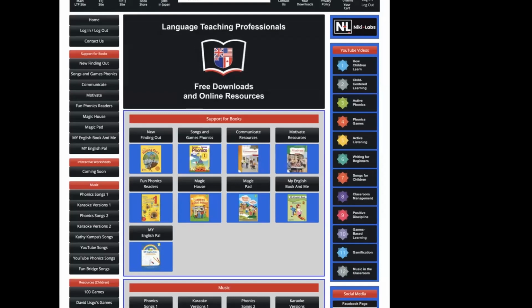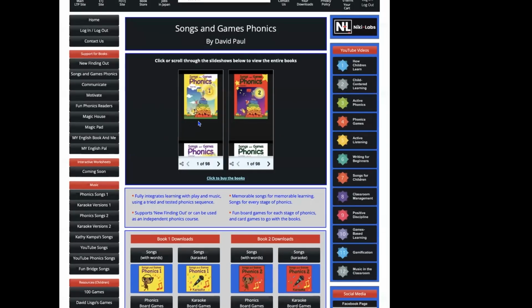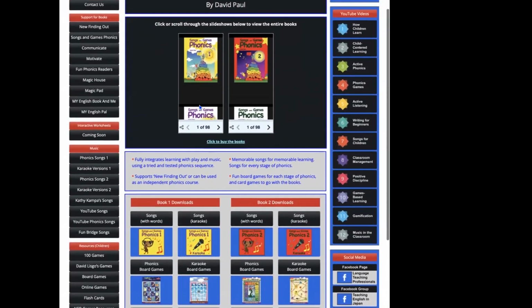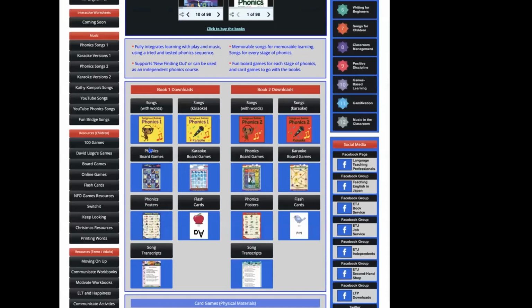So when you go to that site, this is what you see. And if you see here, you'll see different materials. And if you click on Songs and Games Phonics, actually, if you go to this page, you can look at the top, you can scroll through the whole book, you can see the whole book here if you want to look at it. And also down here, all the songs can be downloaded, and there's also karaoke versions of the songs